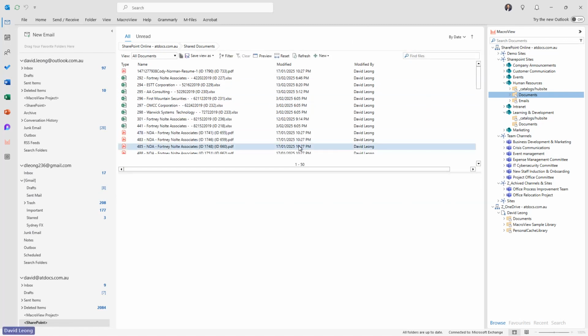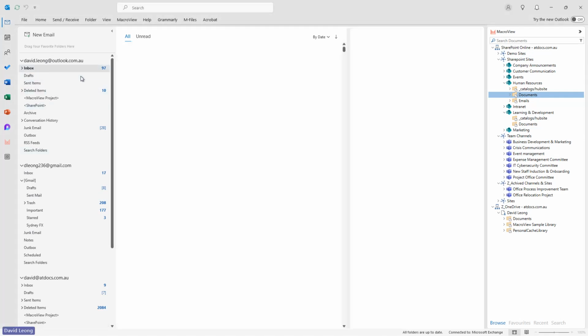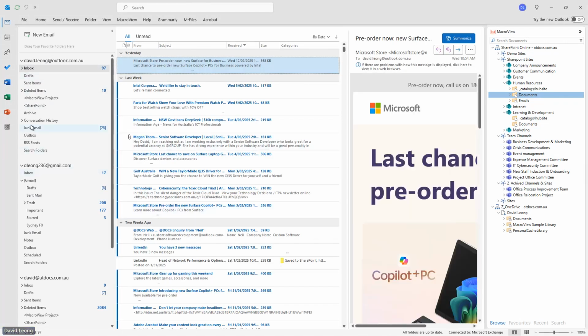And that's well and good to just view all the information, but what if we want to really interact with all this? If I'm sitting in my inbox and an email comes in, and let's just, for example, say this Microsoft Store pre-order now email is relevant to something in my human resources area.